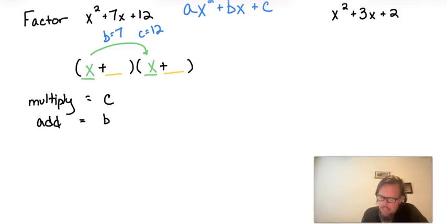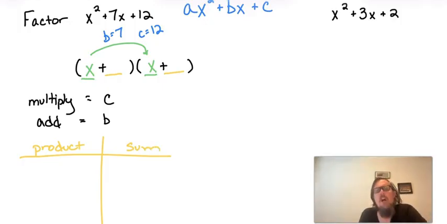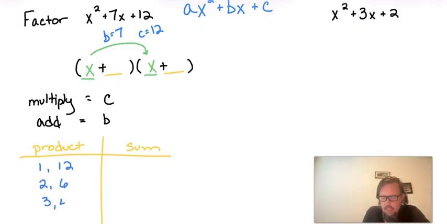So one thing that you might find helpful is to make a table of one column that has the product of two numbers and another column that has the sum of two numbers. And so for the product, I want to write down all of the combinations of whole numbers that have a product of 12. And that would be like 1 times 12 is 12, 2 times 6 is 12, 3 times 4 is 12,